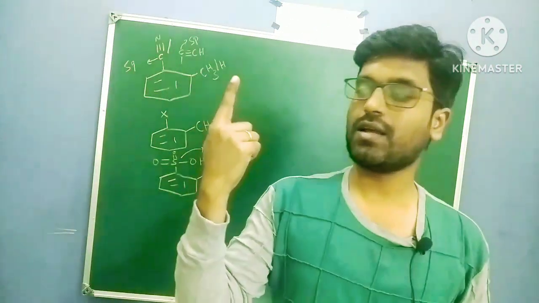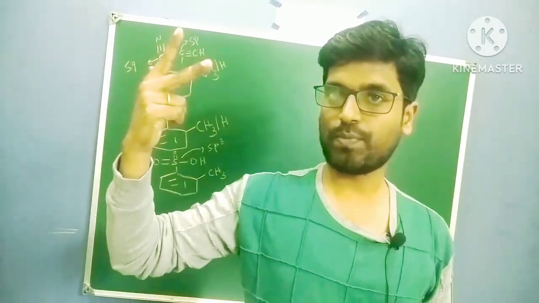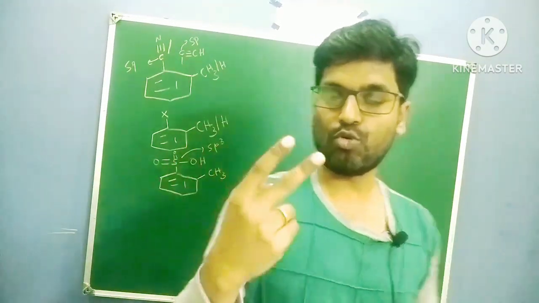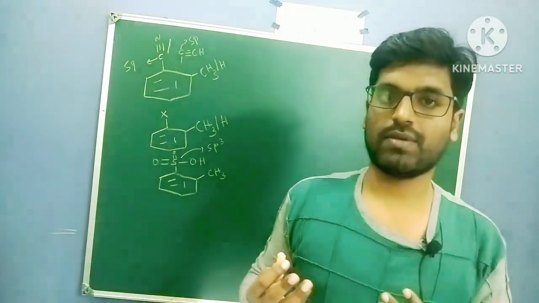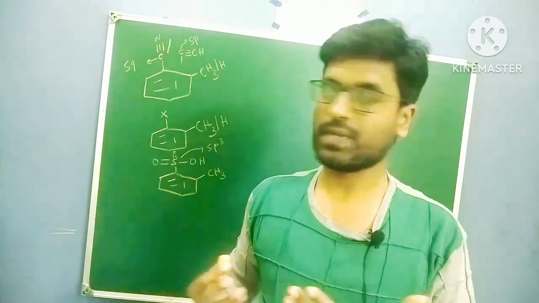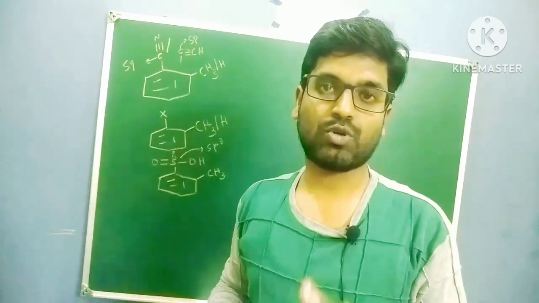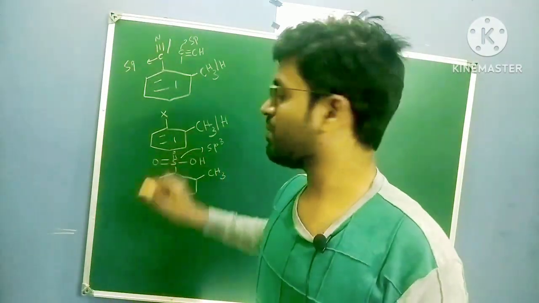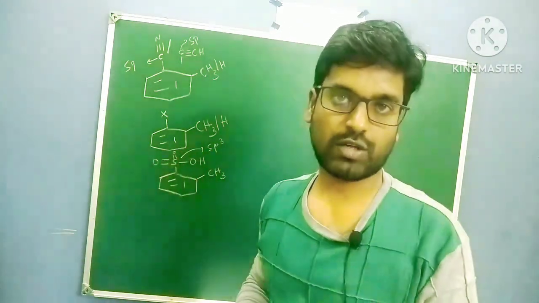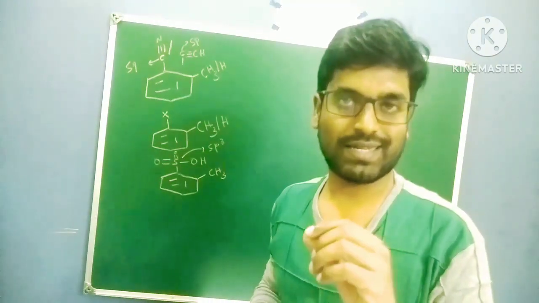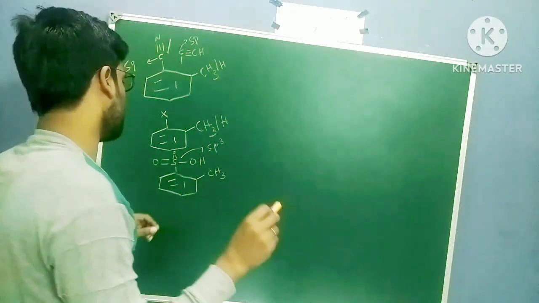Whenever we have the tetrahedral, 4 groups are there, right? One group is on plane, one group is on top, next group is on bottom, next group is on plane. So 2 groups on plane, 2 groups on top and bottom. Whenever the group is on top and bottom, obviously there will be no hindrance, right? To create hindrance, these 2 groups should be on plane. Because of the tetrahedral structure, this group is not on plane, so this will not create any hindrance, so this will not show any steric inhibition of resonance.